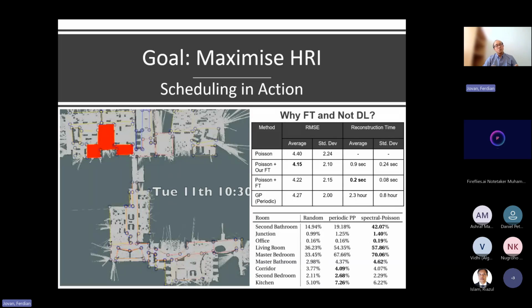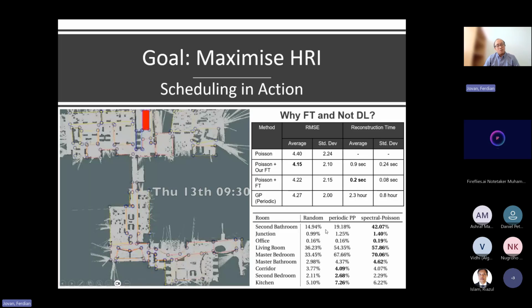But the problem is that if you want to do this reconstruction during the day, to have it updated all the time, then the power of the robot will be used to run this reconstruction. That means it affects the operating time of the robot itself. Whereas if you use my technique, it only takes 1 second. So it's an order of magnitude, 10,000 or 1,000 times faster than this one.